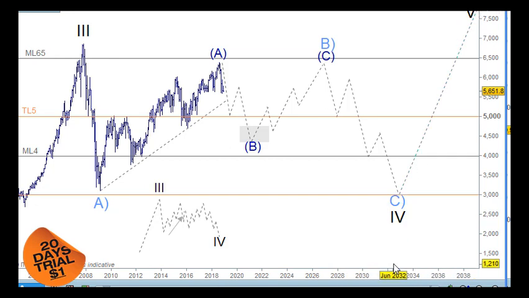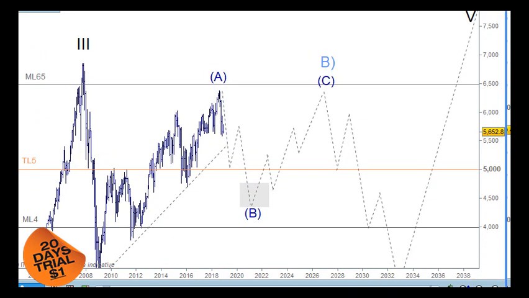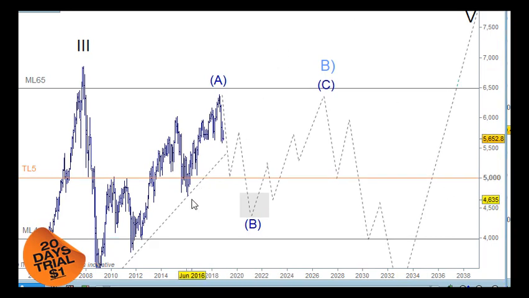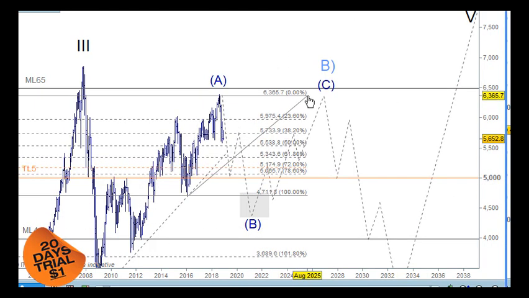Don't worry about the time scale here either, because I haven't given that any consideration, just mapping out the particular pattern here. But there's two things here that we might as well talk about while we're here as well. From this low here to this high here, this is the 50-60% retracement level. So that's down below the 5,000 area here. So it's possible. The other one to take in the first instance is from this low here to this high here, and looking at the 50-60% retracement level within that space here, because that will definitely offer some support.